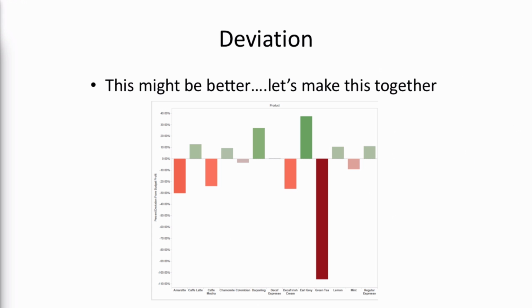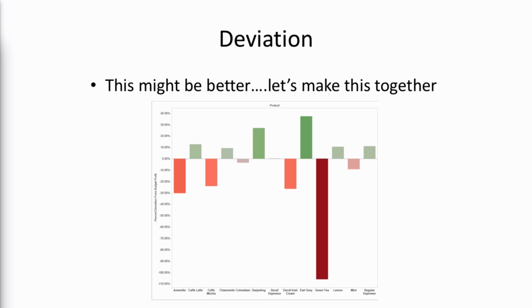So what's the calculation? How are we going to calculate the deviation? Profit and the budget profit. So what's the calculation you're going to use? Budget minus actual divided by budget. So if you do budget minus actual divided by budget,